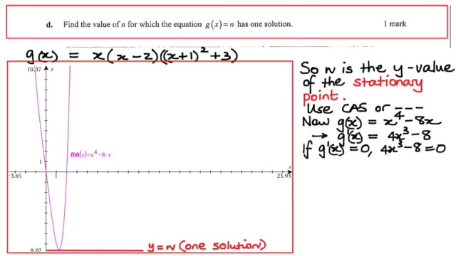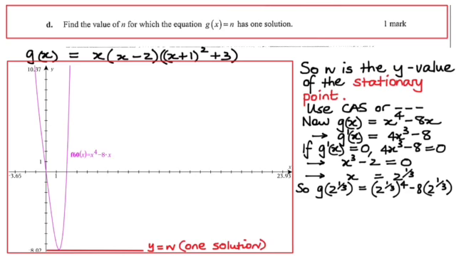Now if you solve that for 0, this is doing it manually, you get that, therefore x cubed is going to be 2, therefore x is going to be the cube root of 2. And if you plug that back into the equation for g of x, it's going to be that thing there, which will get you, without too much trouble,